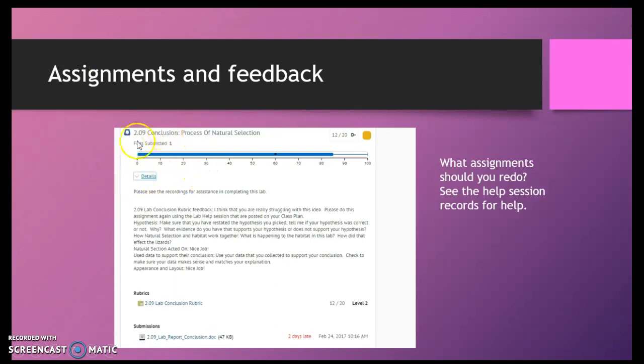You can also go into the assignments tab and you will see some feedback for your assignments there. If there's a rubric, you can click on the rubric. You'll also see your submitted assignment and when you submitted it. So all that information is there. You can use this feedback, download this assignment again, fix it up, turn it back in, and try to improve